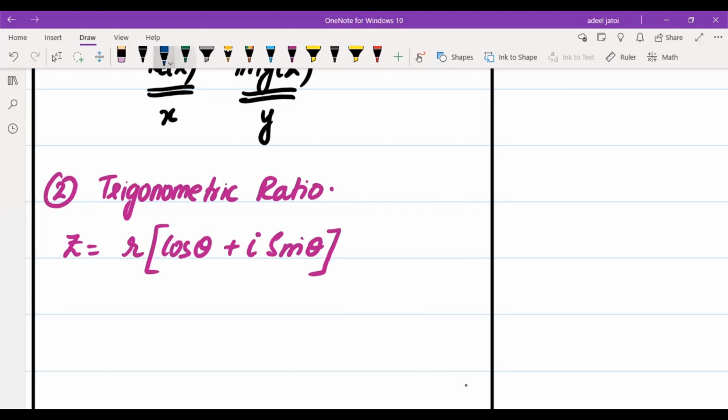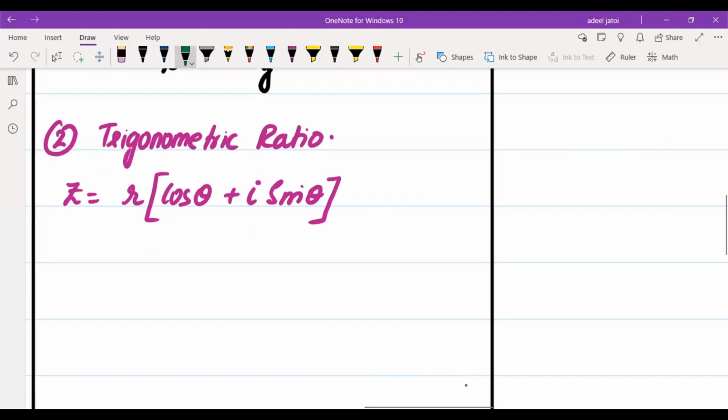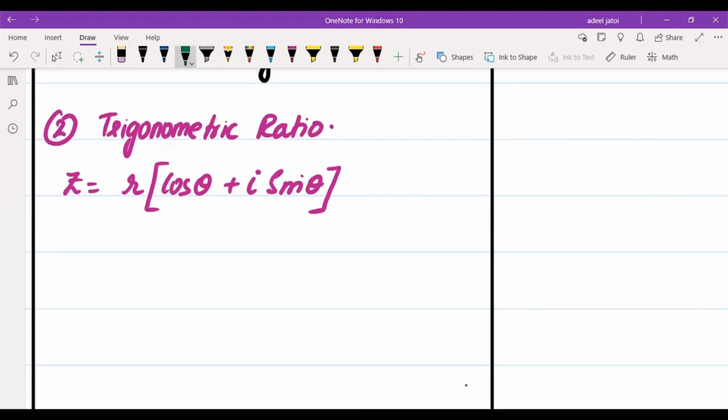Now you need to find out the value of R and the value of theta as well. The value of R will be the modulus of Z. Modulus of Z will be written as under root A square plus B square, which means when the Cartesian value is given, which is A plus B iota